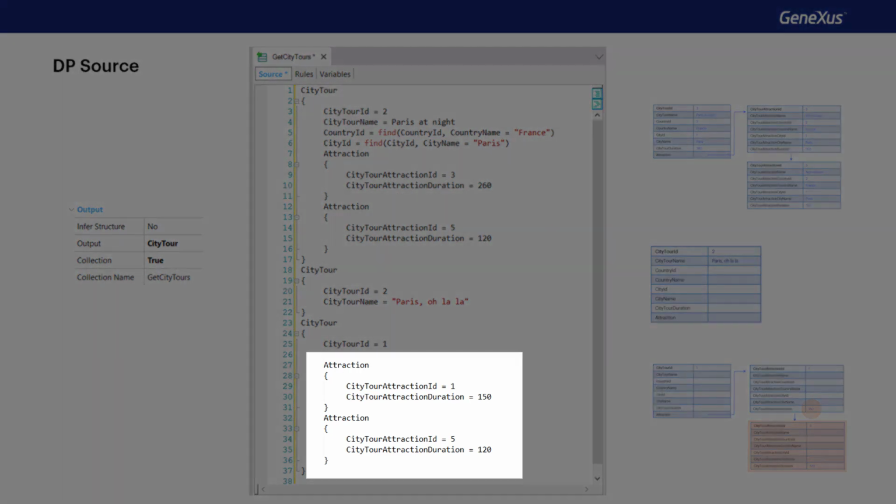Here, we don't notice the difference because the stored attributes of the attraction level are only those 2. But if the table had more attributes, they would all appear here, or all those we want to give value to. While here, only those we want to change. Of course, there is much more to consider about using business components. We encourage you to keep exploring.